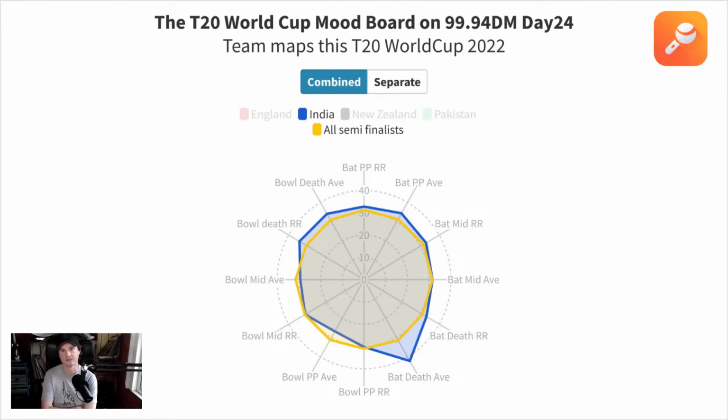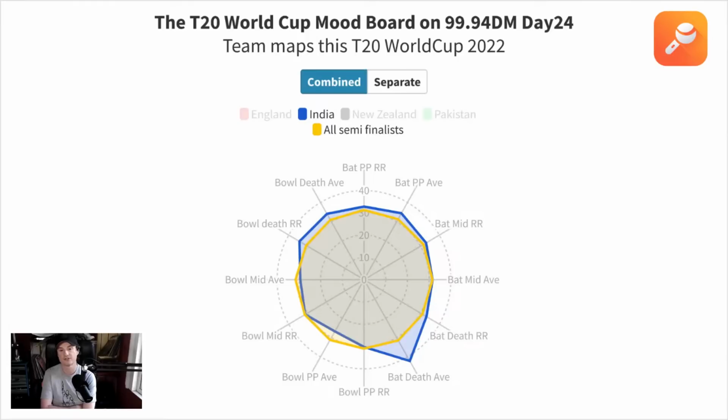That's a slight concern, just because there's going to be, let's say they play in both games, best case scenario, you would assume there is one game where their death is not going to go as planned, and they're going to lose more wickets, especially going up against India or Pakistan or New Zealand in the final, because if they do that, both of those teams are above average at taking wickets at the death. So it'd be really interesting to see how that goes. But you can see that India, pretty much all the way around there, are a slightly above average team when it comes to batting all the way through.